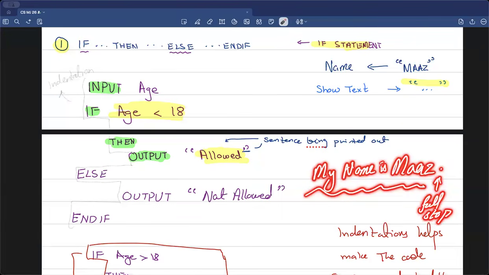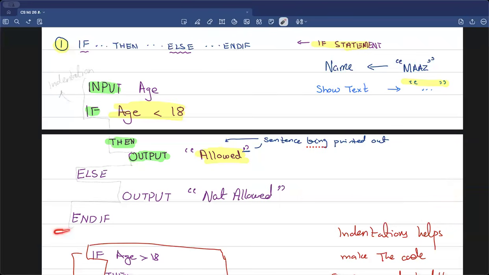This full stop, when we are making use of an if statement, is basically end if. So it's really important you put up this end if. Another common question which a lot of my students were asking when we were doing those past papers was